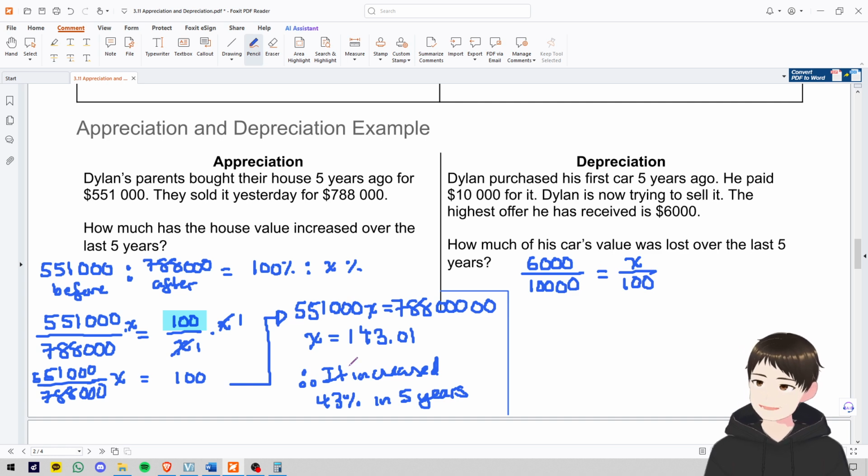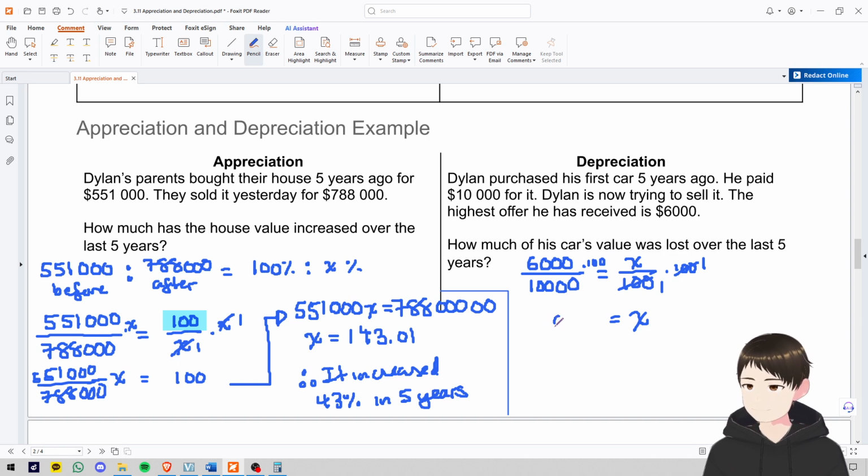And it makes it easy, as I said before, when the x value or the variable is in the numerator, because take a look. How do I get x all alone? All I have to do is multiply both sides by 100. And if I do that, this reduces to 1, and here x equals 6,000 times 100 divided by 10,000, and